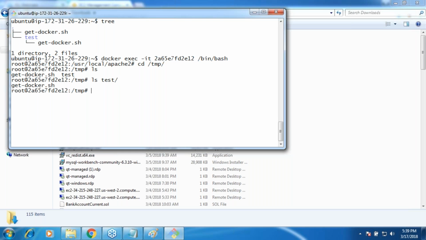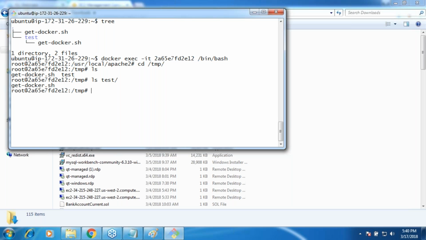So what can I do now? I can find out what is an important folder for my application, and I can mount it onto my physical machine's file system. I could have mounted /usr/local/apache2 also, but I didn't want to do that because there might be some important files over there. But the whole point is, if you have one container, you can take any directory of that container and mount it onto your physical system, or the host where you have installed Docker.